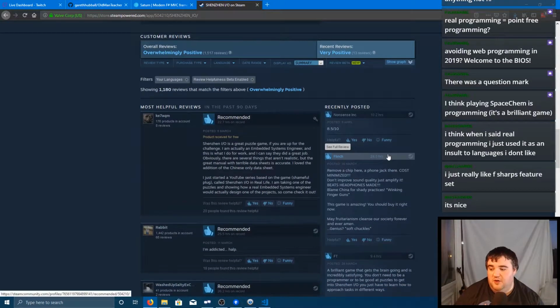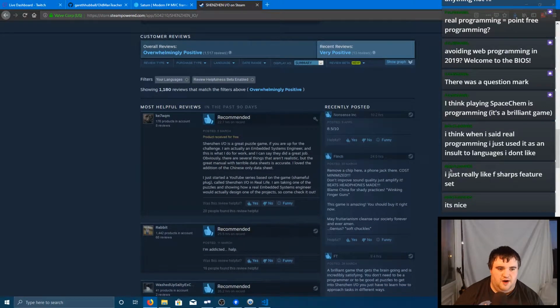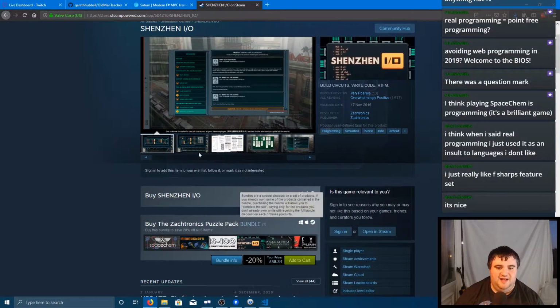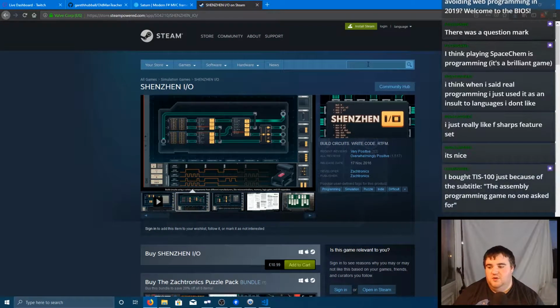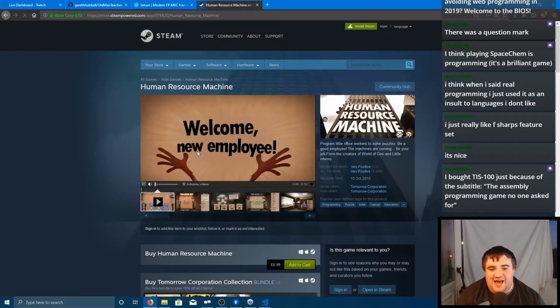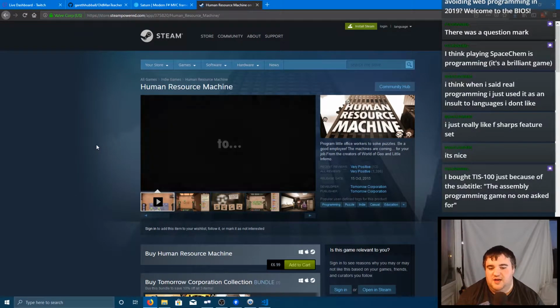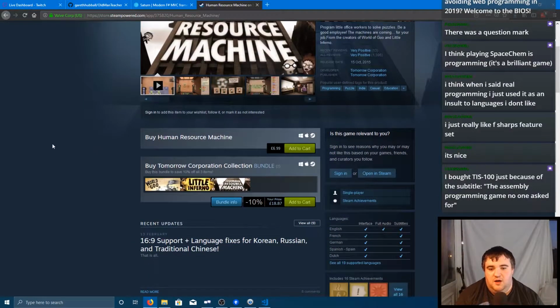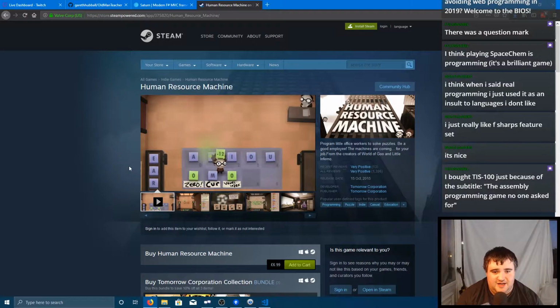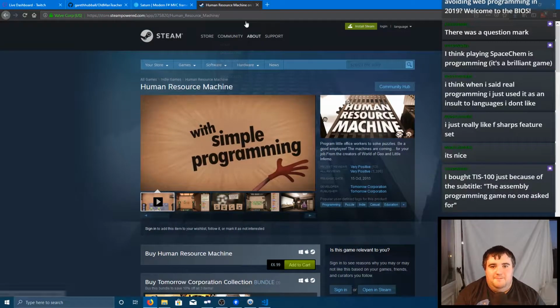If you know people who don't know how to program, what I would argue is games like this. I mean, Shenzhen IO and TIS 100 are possibly a little bit too far, but Human Resource Machine is an excellent introduction to a really quite simple assembly language. And then I keep hearing that there's a sequel to this which has got parallelism based in. But yeah,